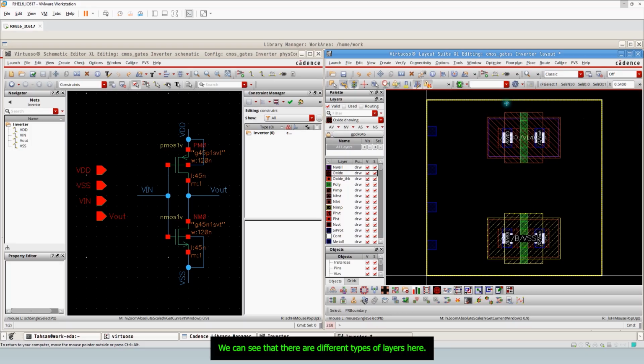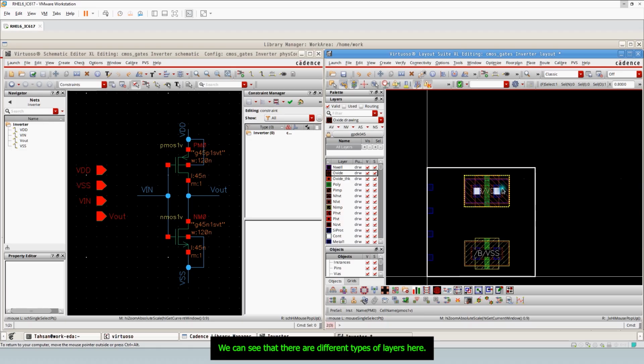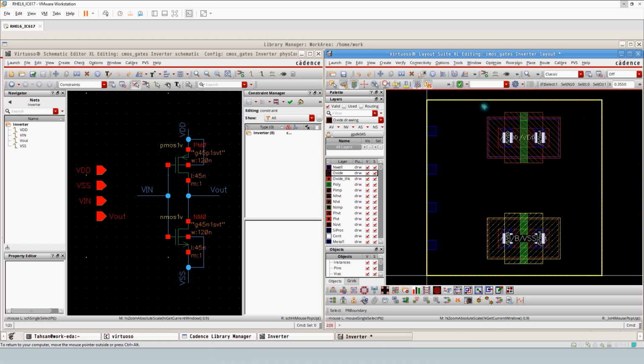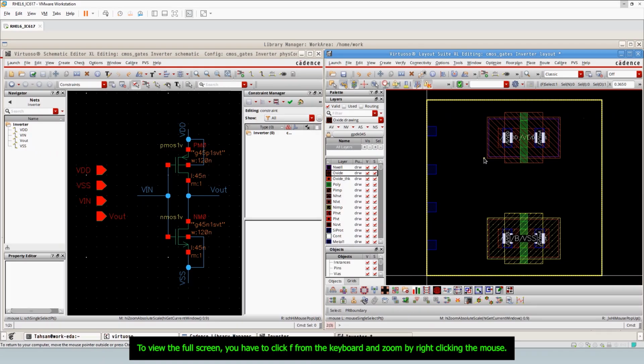We can see that there are different types of layers here. To view the full screen, you have to click F from the keyboard and zoom by right-clicking the mouse.